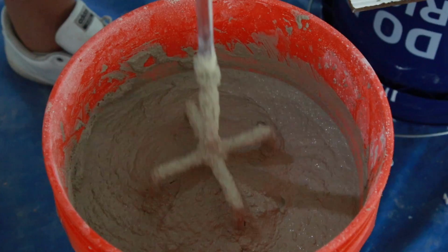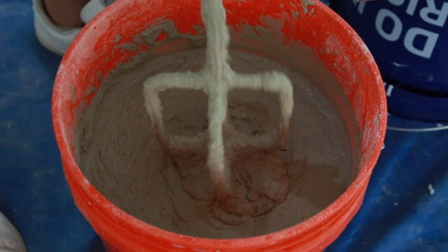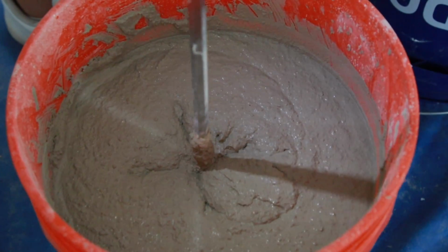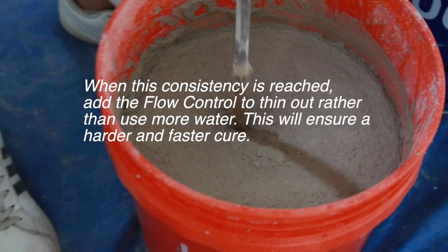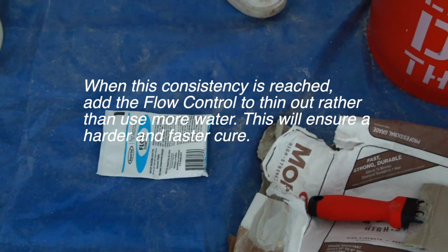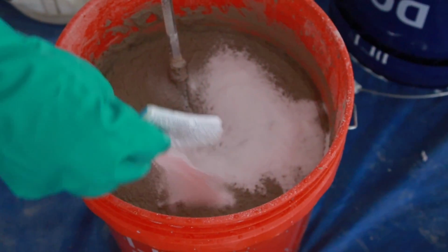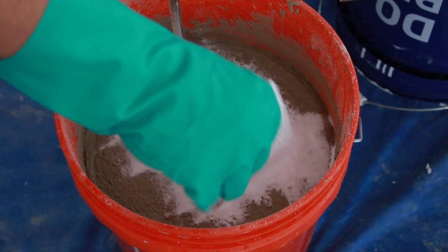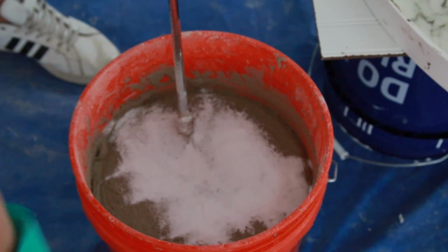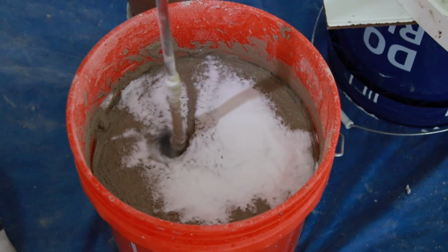It's like a peanut butter kind of texture, and what we're looking for is a smoother consistency. So this is where the Flow Control is going to come in. We're going to open up this package, the whole package of the Mortar Mix. Yeah, doing a 1-for-1. One bag of Mortar to one bag of Flow Control. And then for peanut butter, we're going to